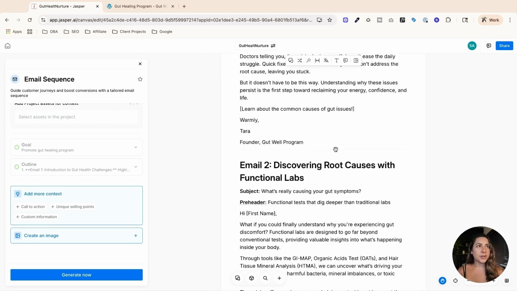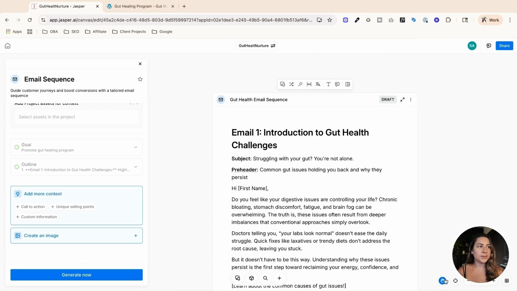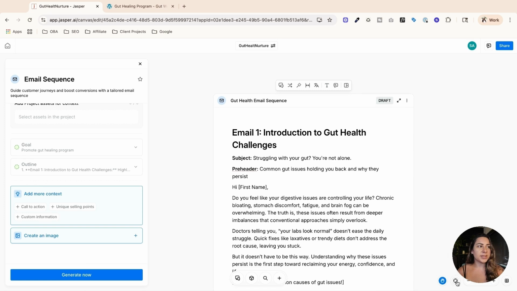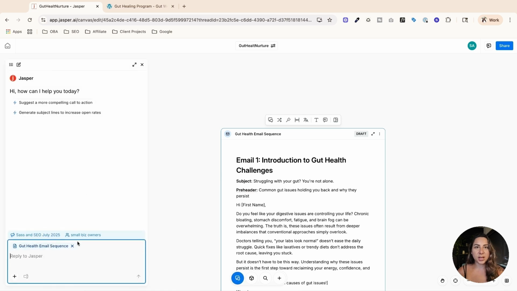Now, what's nice about the canvas version is when I'm moving around like this, I have to use this little hand here, but then when I want to select it, I need to turn off this dragging feature so I can actually click on the element here. And then I want to open up the chat window. So right here is where I can open up the actual chat. Now I can talk with Jasper on the project that I'm working on here. So I'm going to actually have Jasper review this and say,